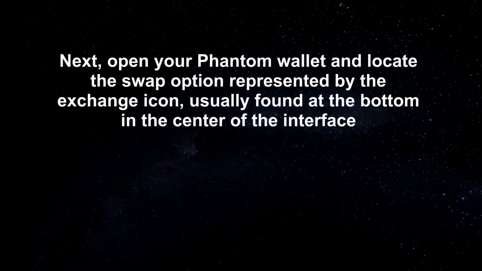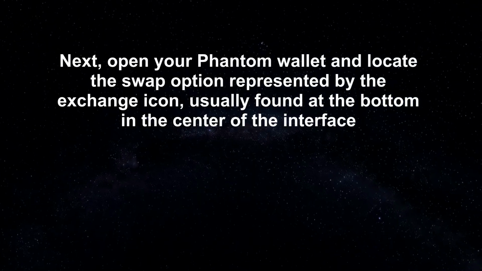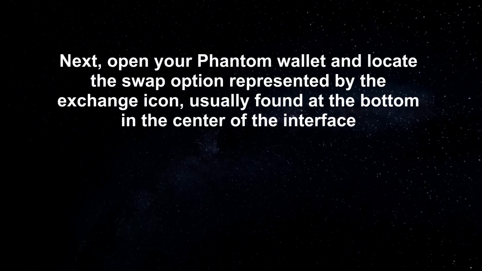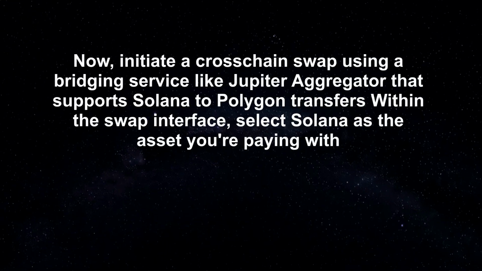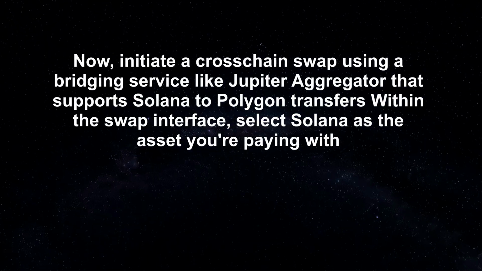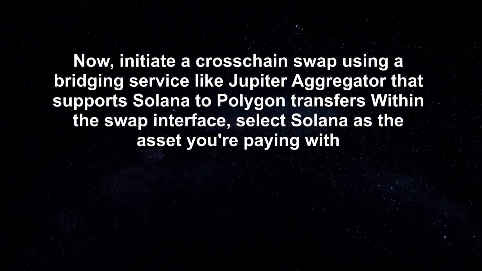Next, open your Phantom Wallet and locate the swap option represented by the exchange icon, usually found at the bottom in the center of the interface. Now, initiate a cross-chain swap using a bridging service like Jupiter Aggregator that supports Solana to Polygon transfers within the